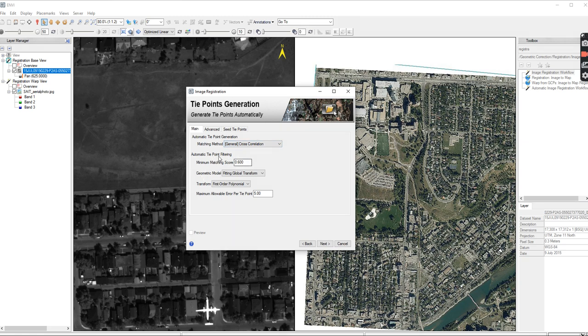You can also filter, so it'll give you matching scores. You can also use a geometric model for fitting and what kind of transformation you like. These are all just to create tie points to be able to apply the registration. The advanced tab is now whether you're going to use what band you're going to use to be able to